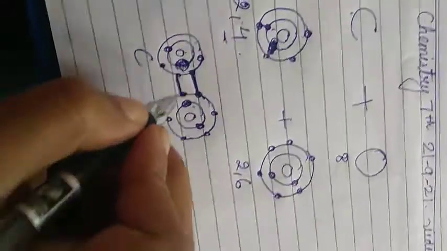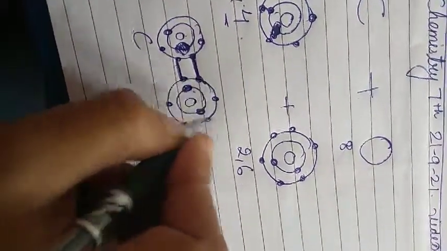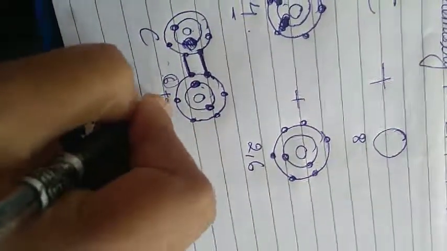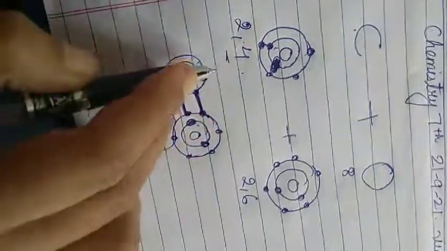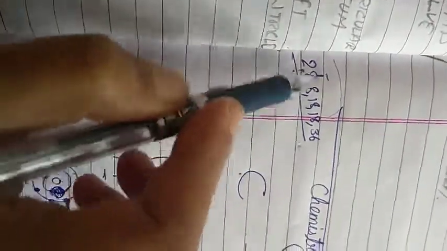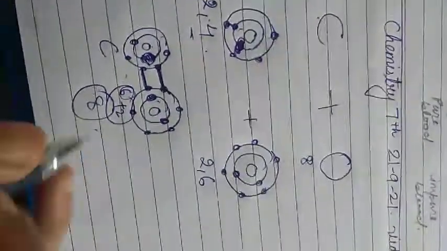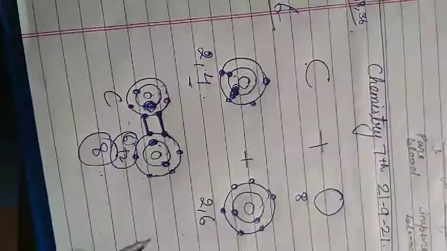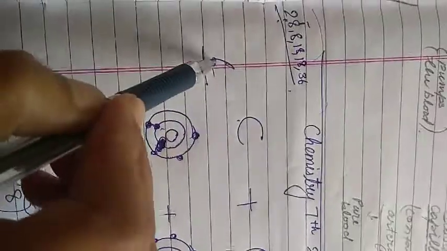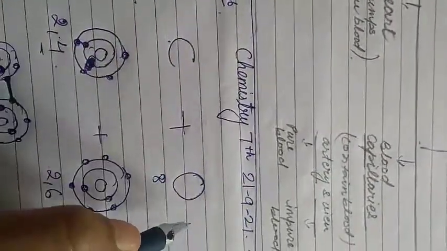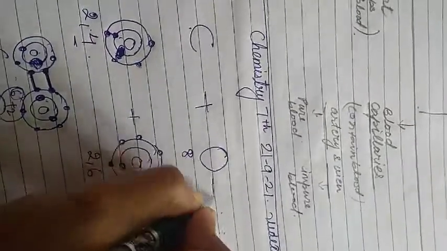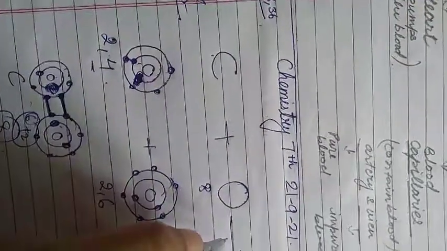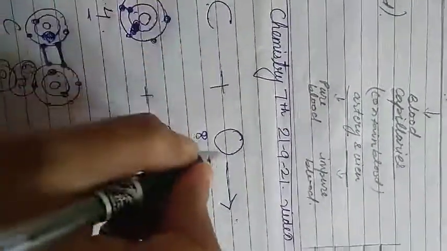So when we count with the bond, the last shell of oxygen will have 6 of its own and 2 it is sharing. So it is 8. That means it has achieved the electronic configuration as per the magic number. So now it is stable, right? Every time we cannot represent our equation like this. So we have to remember the atomic numbers, and we can make a simple equation. This is the equation, which you call the representation of a chemical reaction. So what will happen? C plus O will combine.